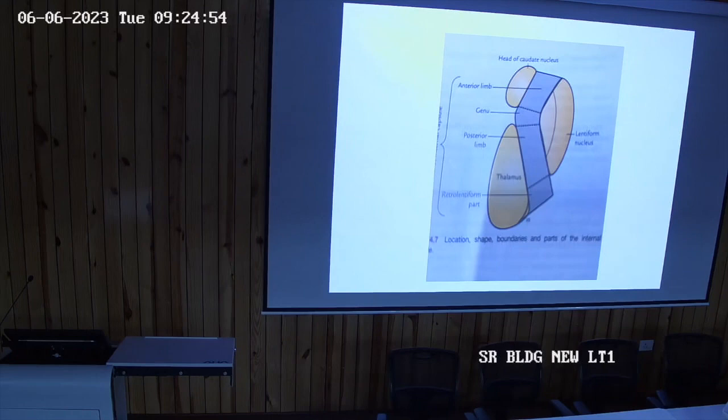And this type of fibers are called corticopontocerebellar fibers. The second type of fibers are the pyramidal fibers. I am telling you about motor fibers. So first is the corticopontine fibers, second is the pyramidal fibers. The pyramidal fibers,